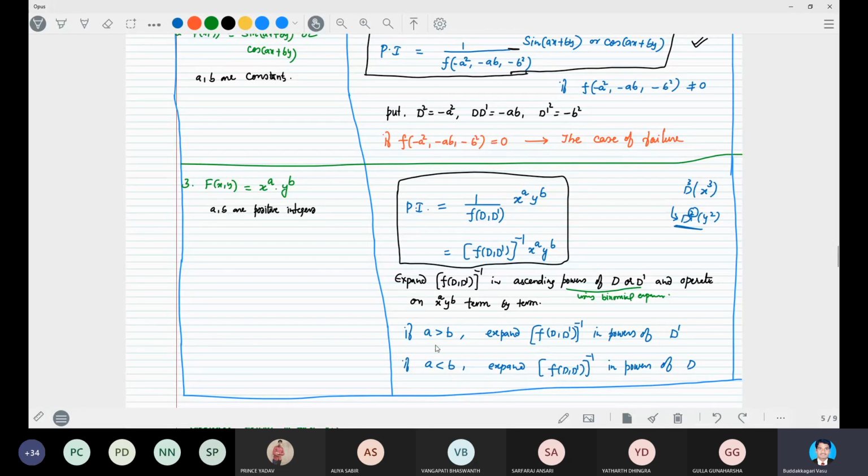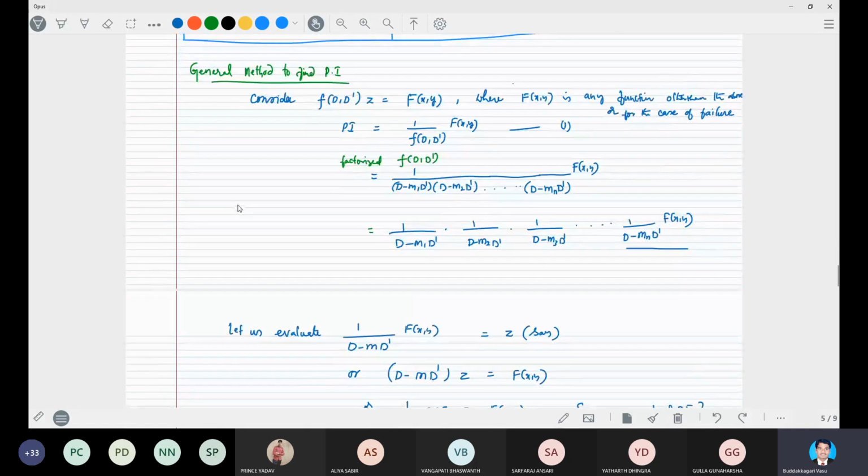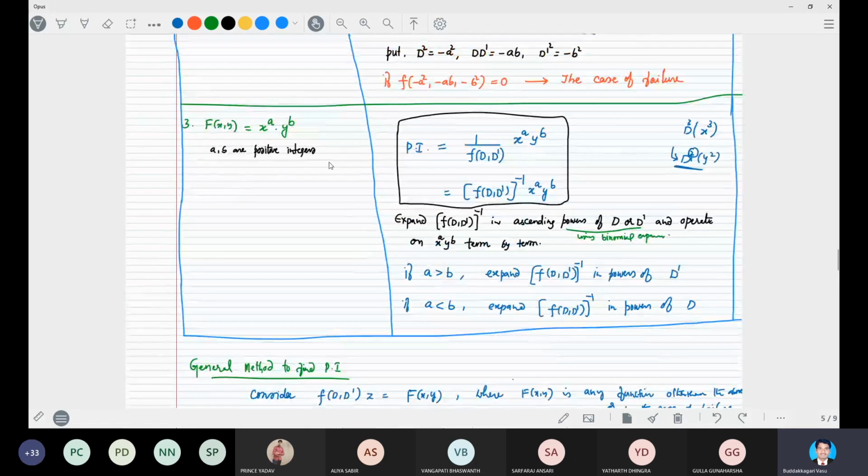This is the advantage where we compare a greater than b and a less than b, right? And there is one more logic also. If you want, you can utilize. Here I would like to give you,